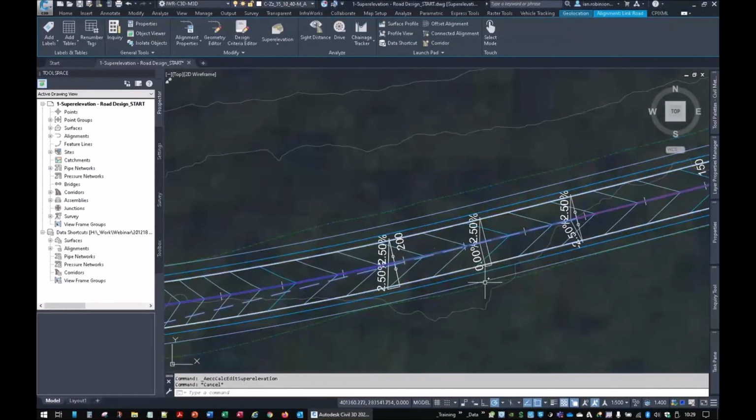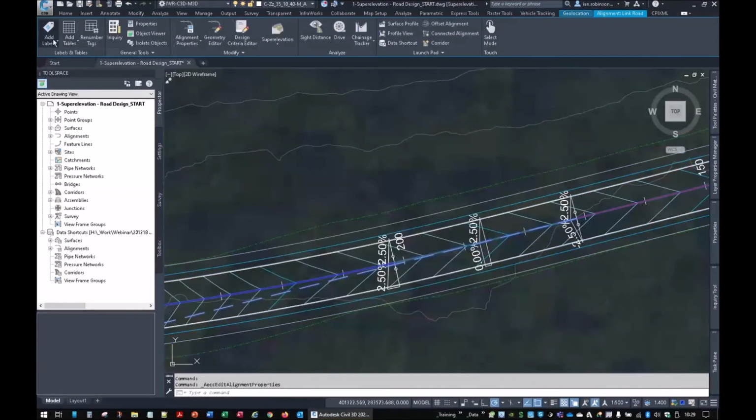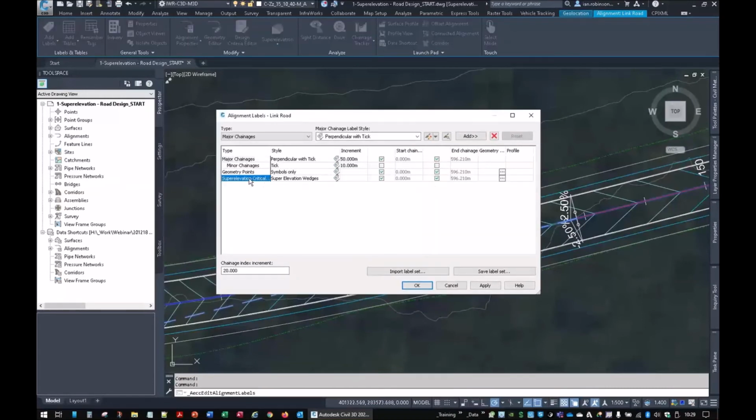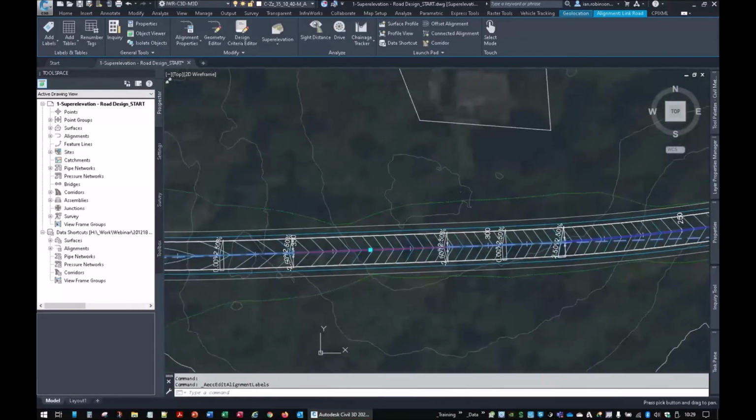Okay, so if I went into the alignment, into the alignment label sets. It's just this one here, these wedges. So again, you can make your own styles of them or just remove them. Entirely up to you. So you can see where that is, but you can see the contours haven't been applied